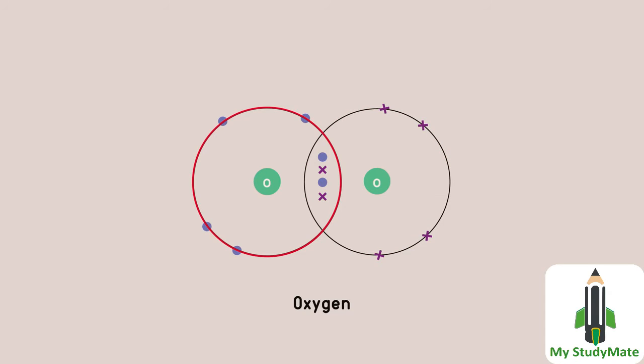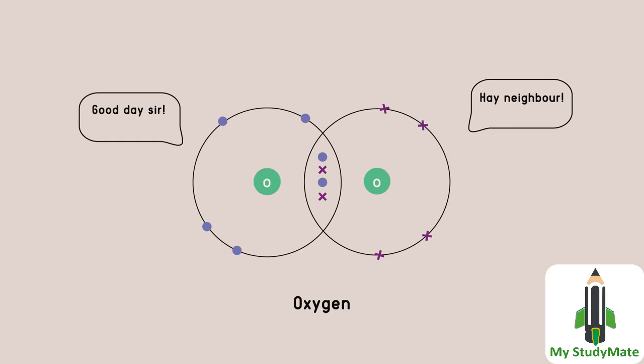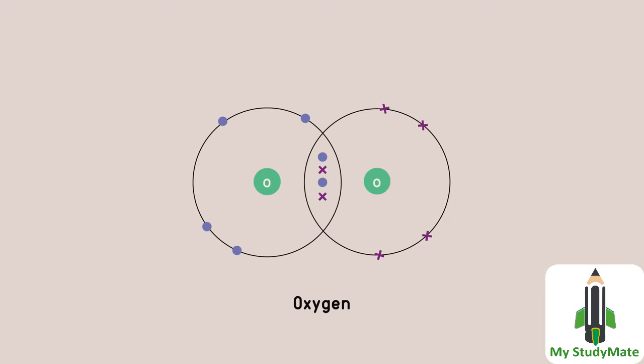Did you notice that one oxygen has crosses and the other dots even though they are the same element? Dots and crosses don't distinguish between different kinds of atom, just neighbors. It doesn't matter which atom has the dots and which atom has the crosses as long as bonds form between